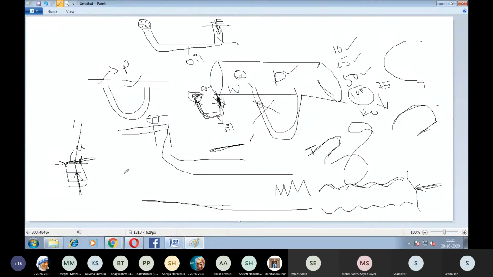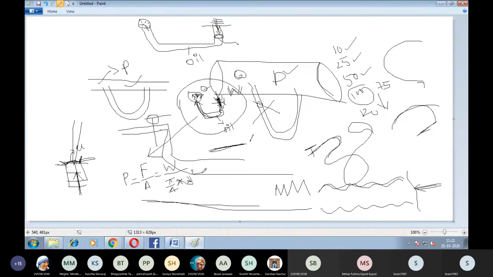In the case of a dead weight mechanism, the pressure is identified by taking the equation force divided by area. The force is applied in terms of kg, which I have taken as W, and the area of the tube. This particular tube is circular, therefore the area will be pi by 4 into d square.